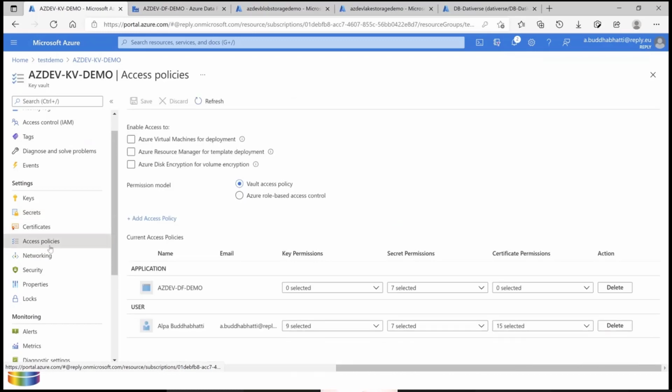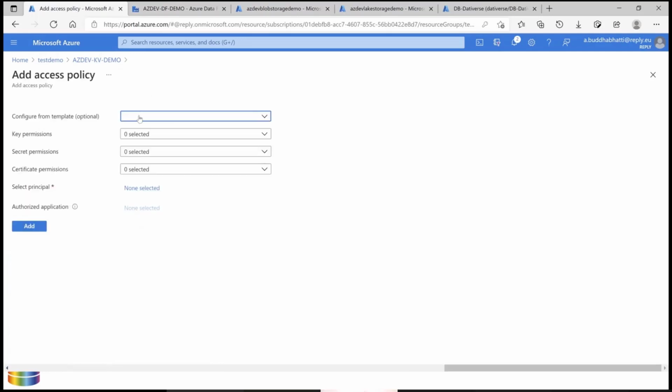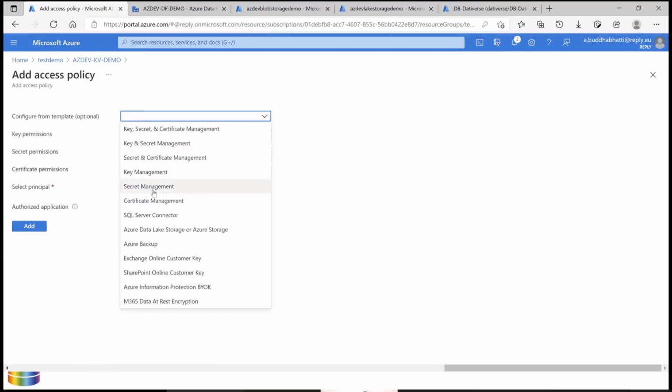You have to do it first of all. Otherwise, it will give you a lot of errors. So here you need to see, this is my Azure Data Factory. Now I have given a permission for accessing a secret. How can you give it? You just click here and you click for secrets, because you're providing secrets.